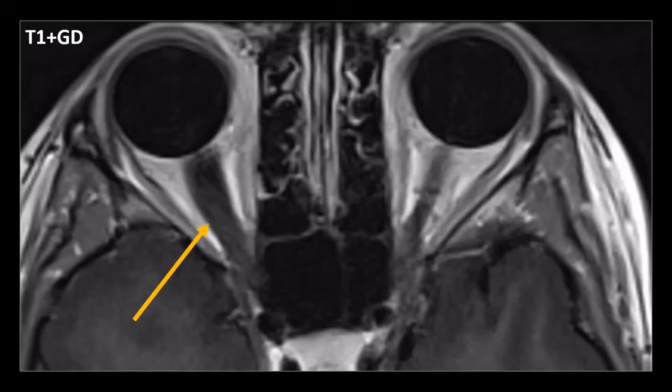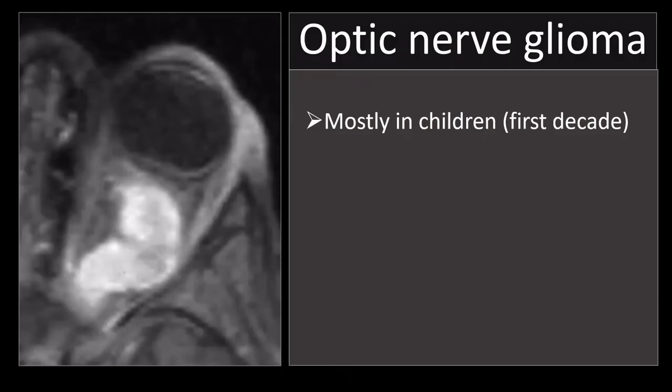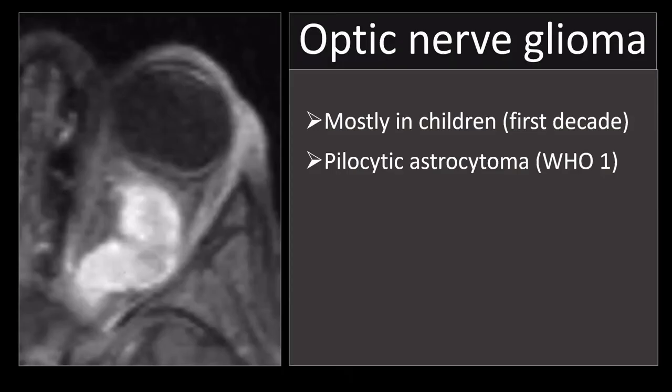So don't think it's typical for them not to enhance. Sometimes they enhance, sometimes they don't. This, for instance, is an example of an enhancing optic nerve glioma. Now, as said, these tumors are mostly seen in children, typically in the first decade of life, and pathologically correspond